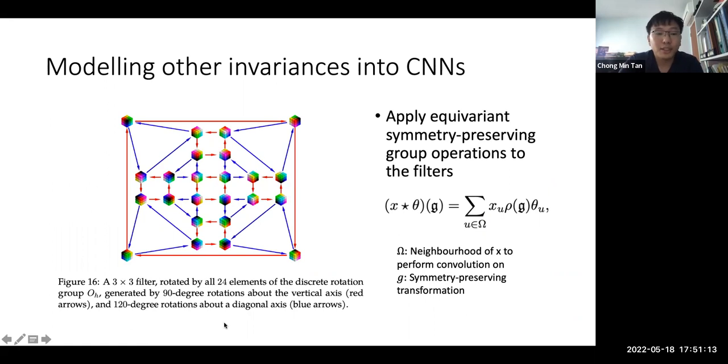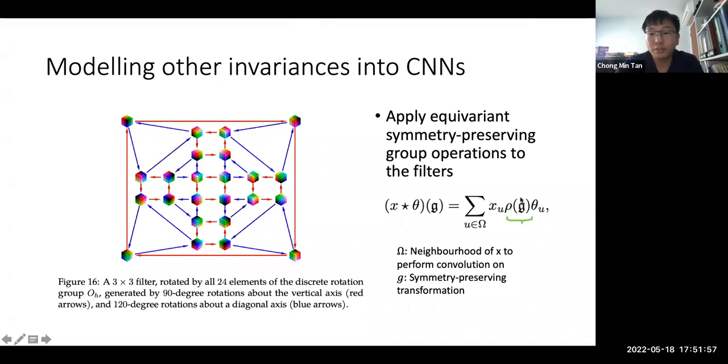So this diagram is just a math way to represent certain rotations in a cube. There's a total of 16. I can't remember how many operations there are, but basically there are different equivalent rotations or reflections of the cube. This is just rotation. The math is the rotation group OH. So if we already know that certain symmetries or invariances are present in the data, you can put that operation into the filter itself, and perhaps it will be able to model these invariances well without you doing data augmentation. So for example, you can do a rotational transformation group here,